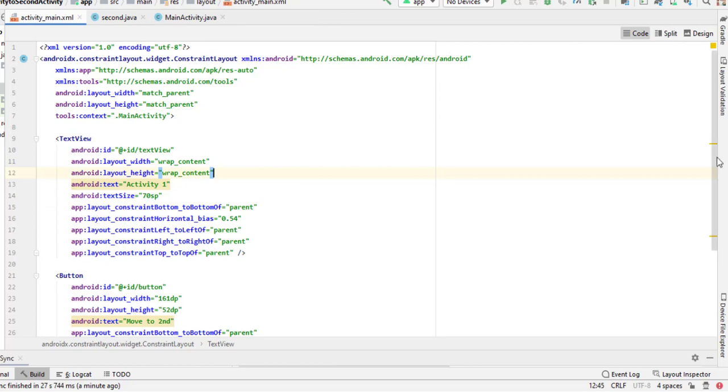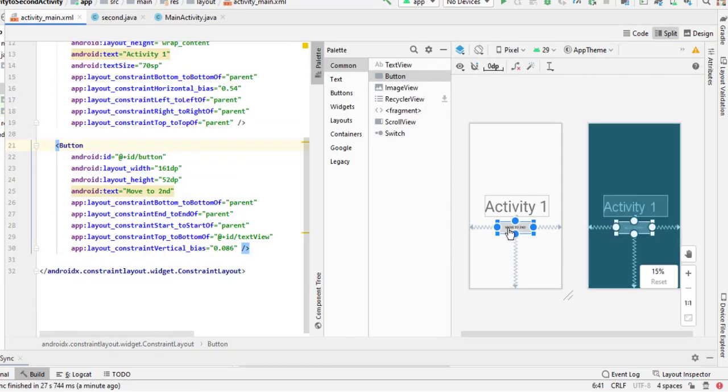Now the important thing, we want that if someone clicks on our button, then we move from one activity to another. But how do we know that someone clicked on the button or not? So for this we use onClick listener. For onClick listener, we have to assign an ID to the button to access it. You can see when we drag the button, the ID is already assigned by Android Studio, but I change the ID name from button to move. But it is your choice whether you want to change the ID name or not. You can set any ID name according to you.